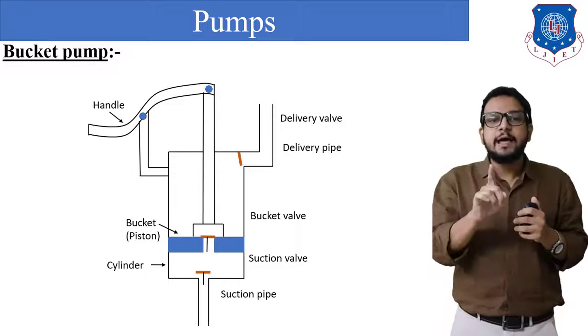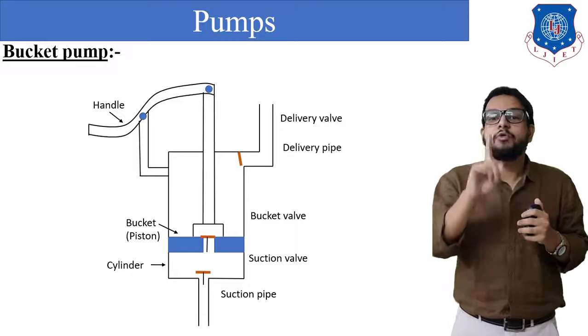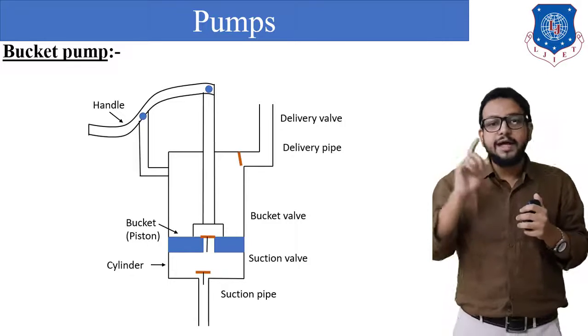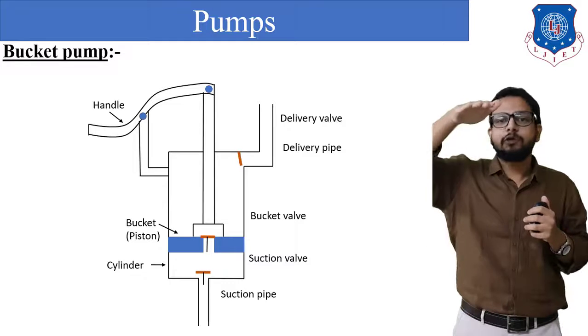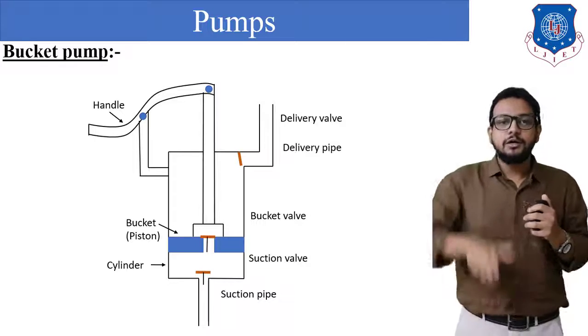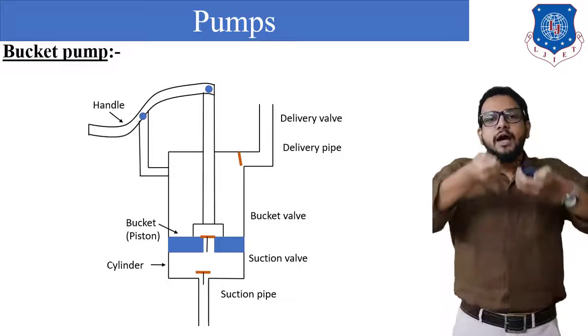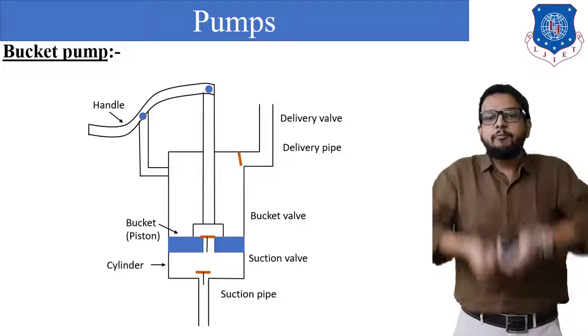Okay, when this has happened, so when a piston has moved in an upward direction, that is during an upward stroke. Now the next stroke is a downward stroke, that is, the piston is going to move from the upside towards the downside. In that case, I am going to move the handle in this upward direction.